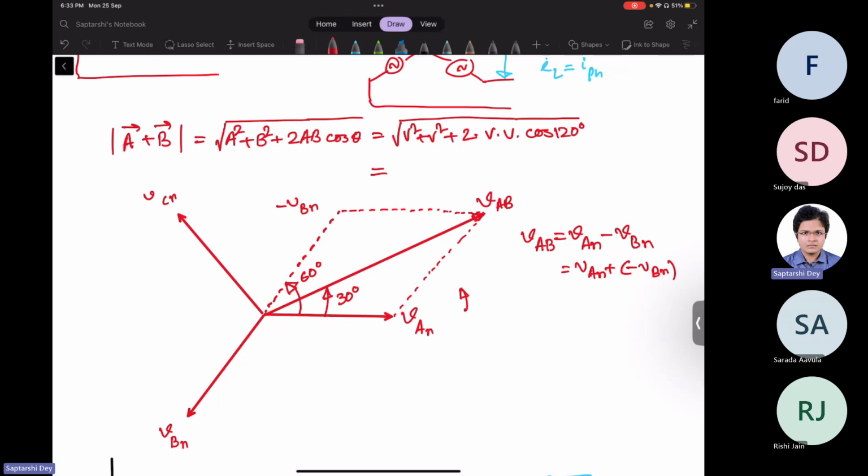So shame that I forgot. It's minus half. Cos 120 is minus half. So what you have is 2V squared minus,